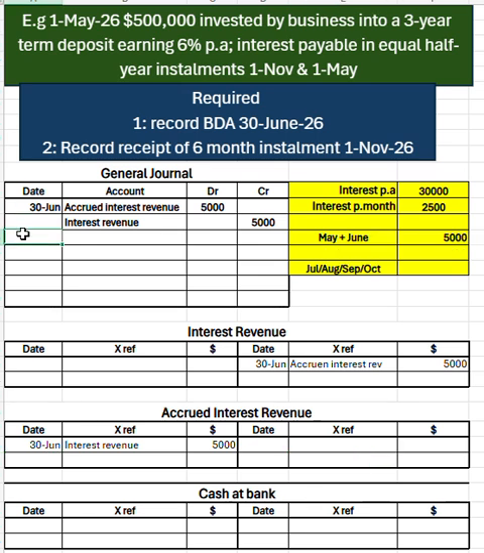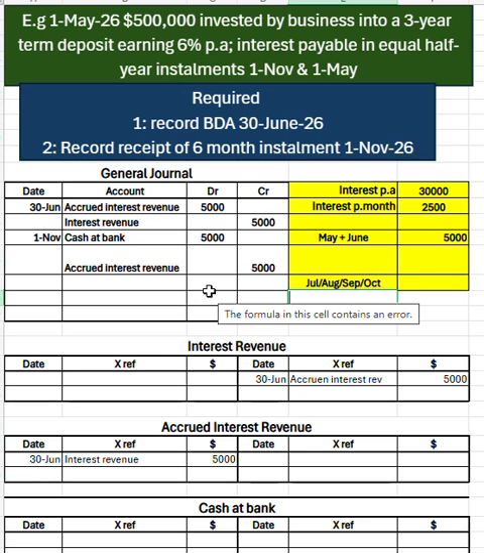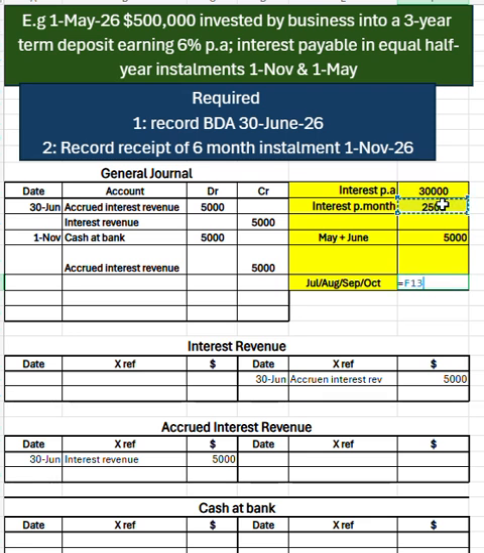So let's start with our GJ entry on the 1st of November. I'm going to record the fact that we have indeed received that 5k in accrued interest revenue. So we've got more money in the bank, cash at bank, 5,000 for the 2 months that we've received, and we need to clear off our accrued interest revenue account. Now, that's only for the 2 months that is owed. What about the other 4 months? Because for July, August, September, October,